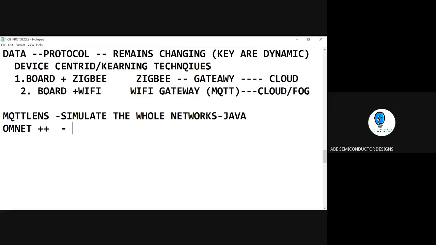Third, when you particularly want to apply it to healthcare, for IoT with healthcare systems, that is body area network, you can use the tool called Castalia. That is a software tool. So if you don't have hardware, these methods can be utilized: MQTT Lens, OMNeT++, and OMNeT++ with the health extension, which you can utilize for the biohealth system.